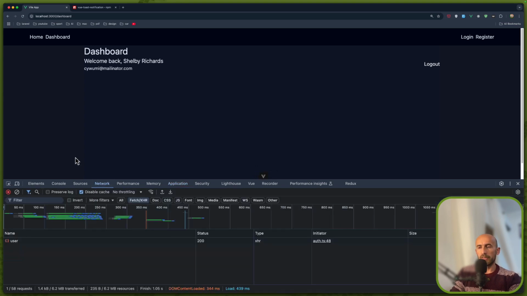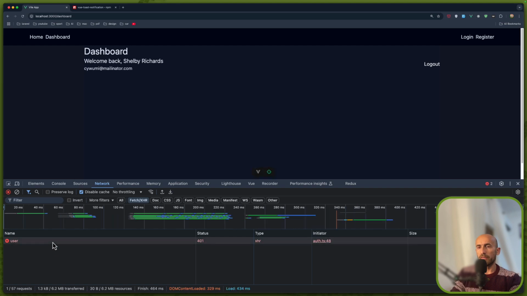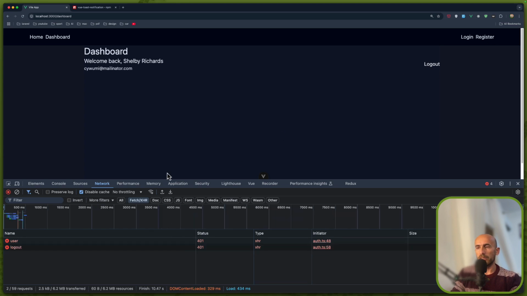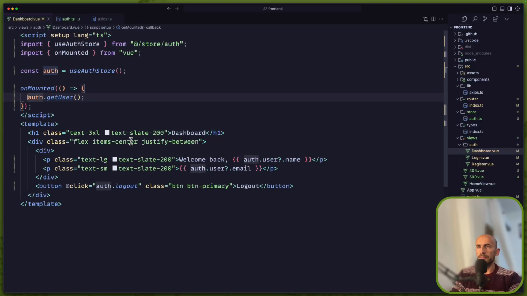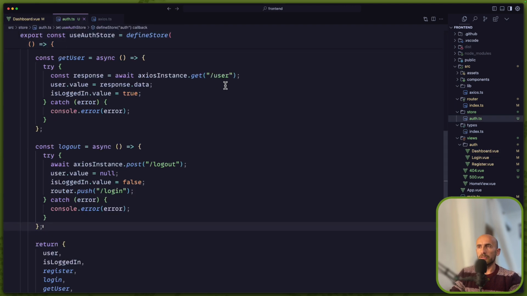For some reason, if I refresh now, we have the 401 error. The user is here, but we have 401. If I go and click on the logout, the same thing, we have a 401 error. Okay, so we have 500, we have 419, 401, and for example, if I just come here on the auth.ts, when we get the user, I'm